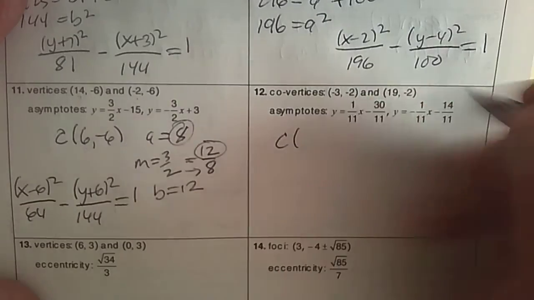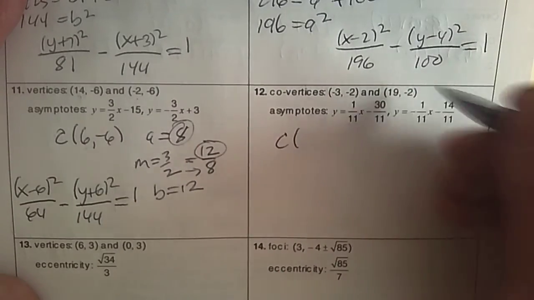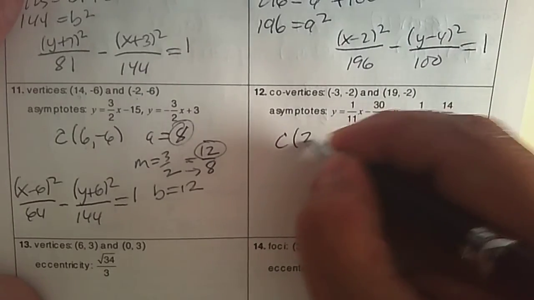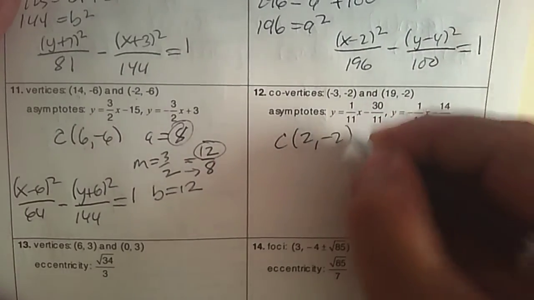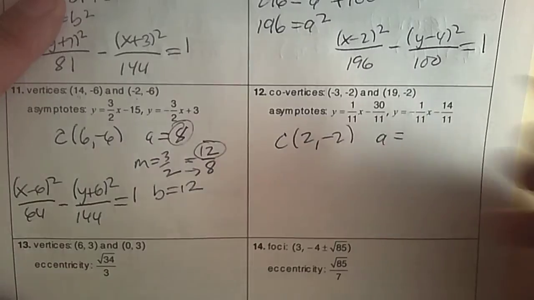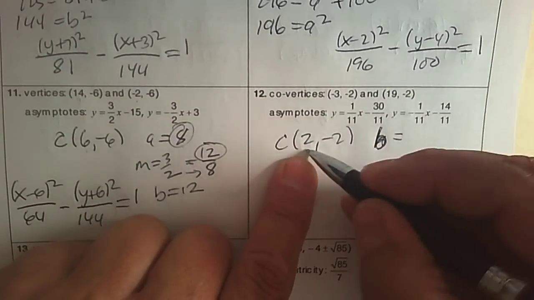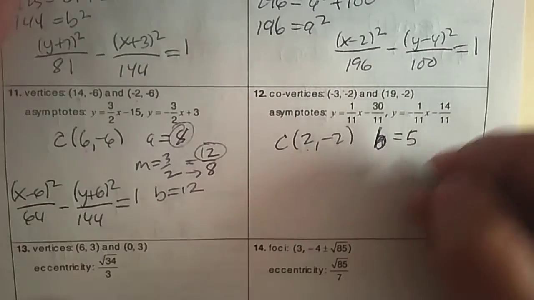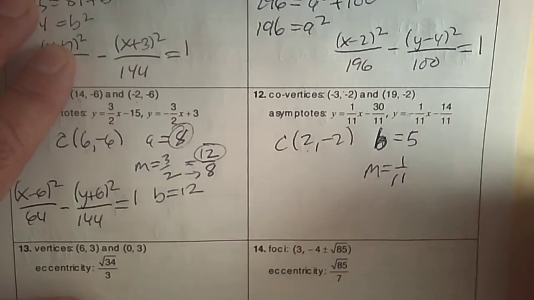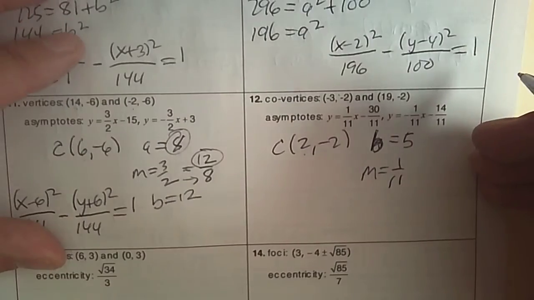All right, last one for your homework. Your co-vertices, negative 3 and 19. That's 16 divided by 2. Negative 2 stays the same. A is the, or B I should say, is the distance from 2 to negative 3, which is 5. The slope is 1 over 11. So when I look at that,